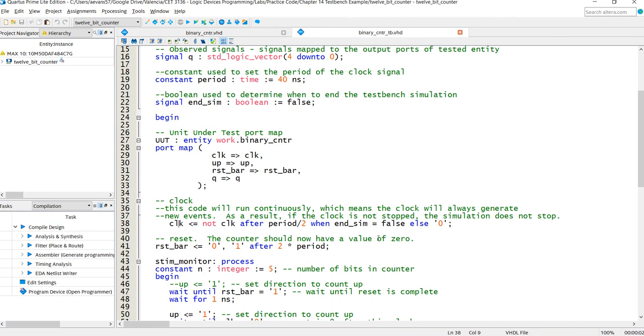Notice that the clock is going to get the previous value of the clock inverted because of the not, and that's going to occur after half of the period we've already defined. Remember that with a clock signal, if the period is 40 nanoseconds, half of that time the clock should be high and half of that time the clock should be low. So we're establishing that fact with this piece of code right here. And what we're saying is that as long as this Boolean variable is false,